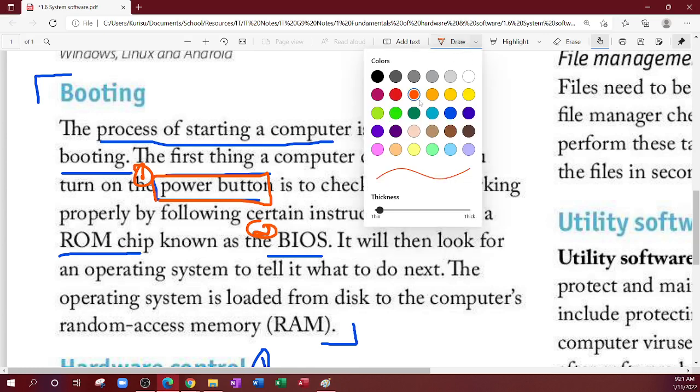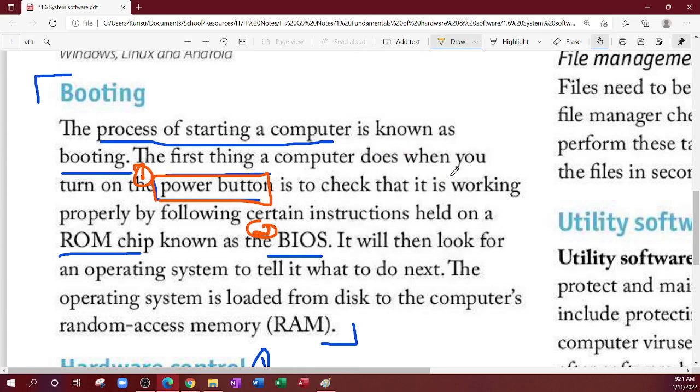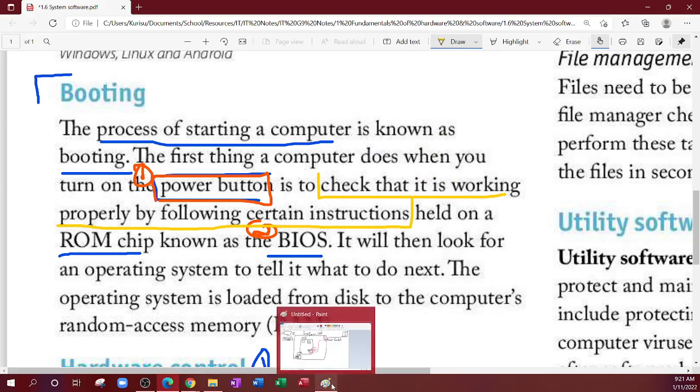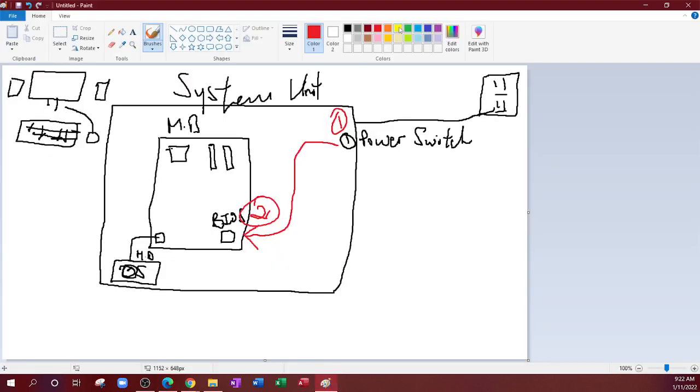If you notice, the instructions are right here in the paragraph. It checks to see what is working properly by following certain instructions held in that BIOS. So that BIOS has instructions inside of it to check your entire computer to know if it is working. So what it's gonna do, that BIOS there,